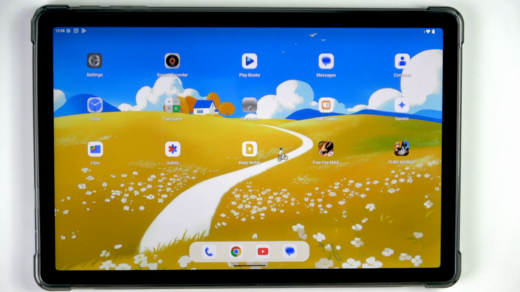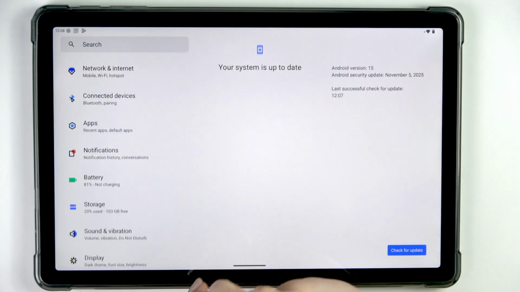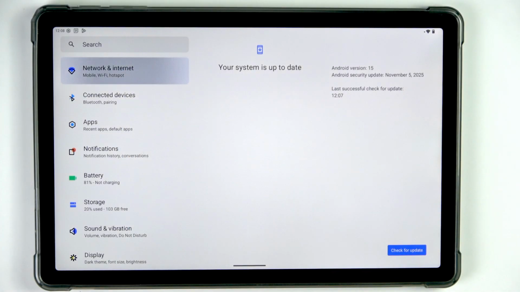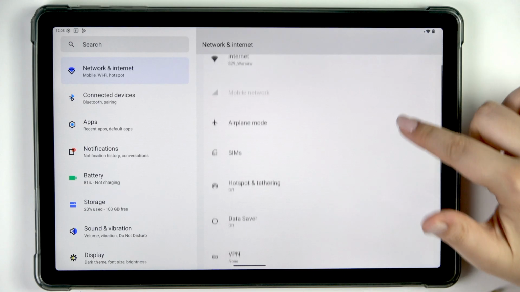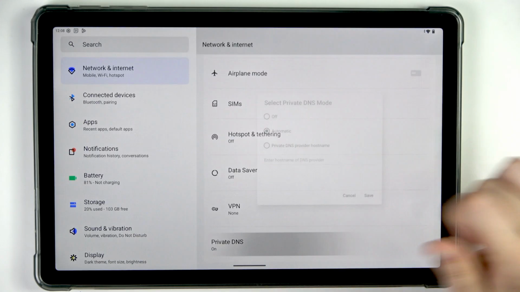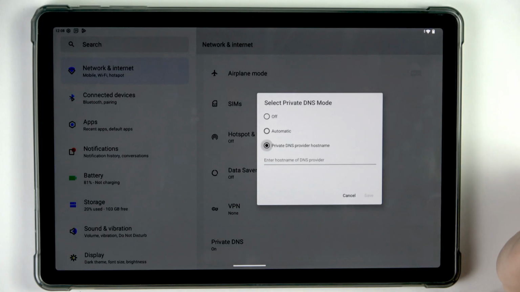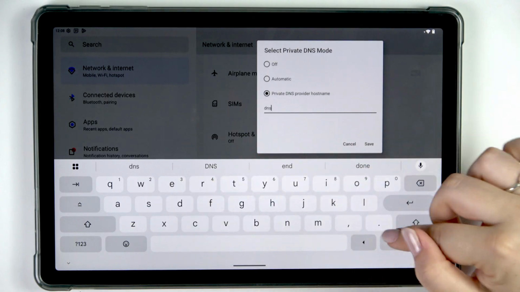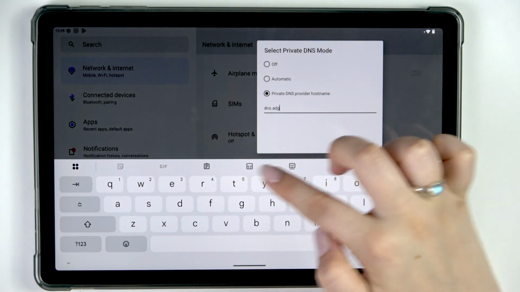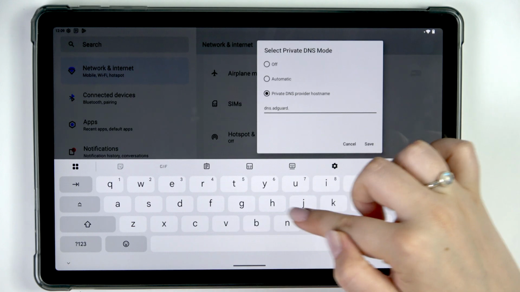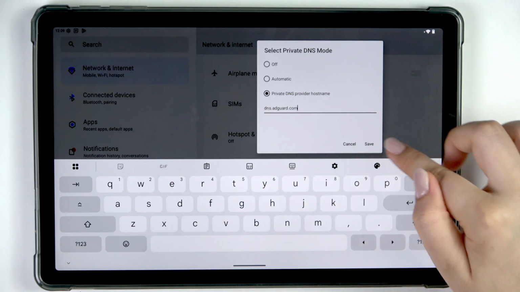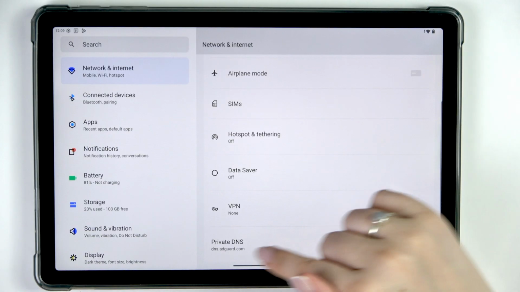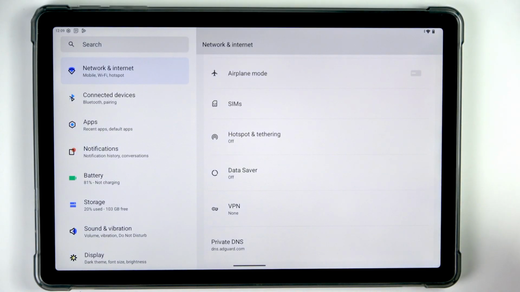So the first thing which I recommend to do is to go to the settings. Here let's scroll all the way up to find network and internet. Here scroll down and localize private DNS. Let's mark private DNS provider hostname and here let's enter DNS.adguard.com and tap on save. And as you can see, we just successfully added this private DNS, which is great because it will limit the